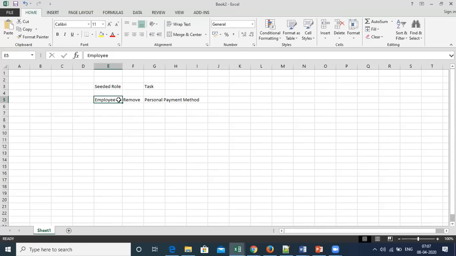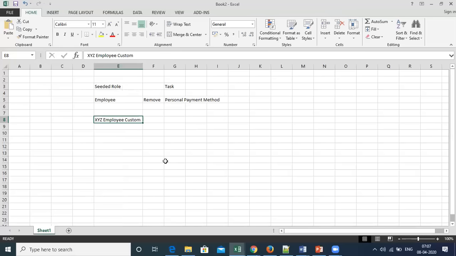So as a standard practice, Oracle says to make a copy of the employee role. Let's say my company name is XYZ. So I can say XYZ employee, and I will add custom. So I will create a new role which is a copy of employee.